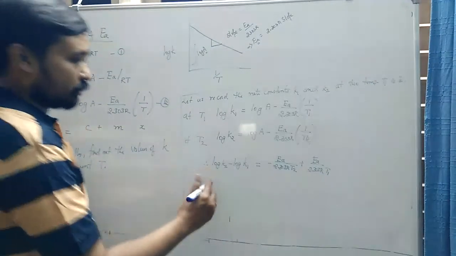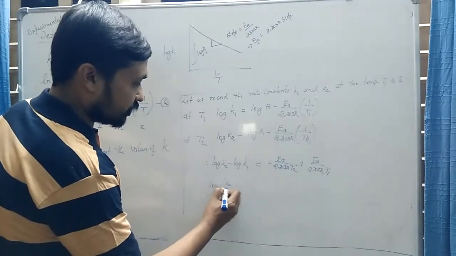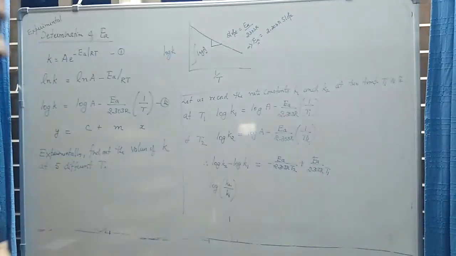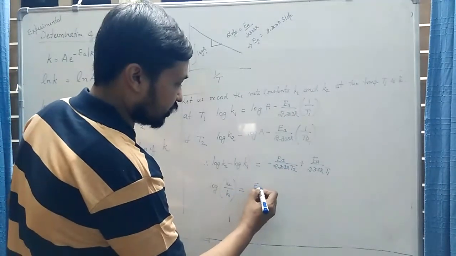So if you apply the rule of logarithm, this can be written as log of K2 divided by K1, log B minus log A is log of B by A,